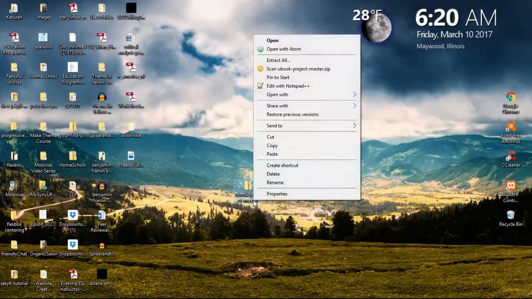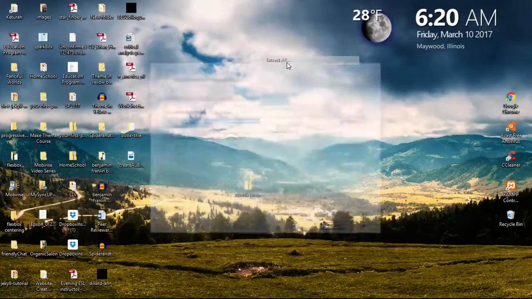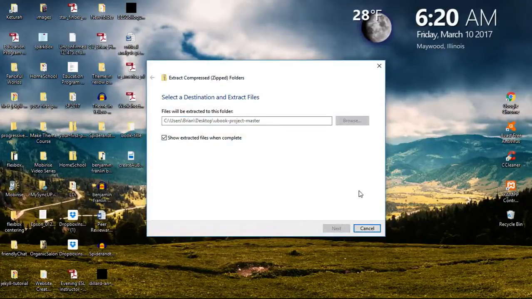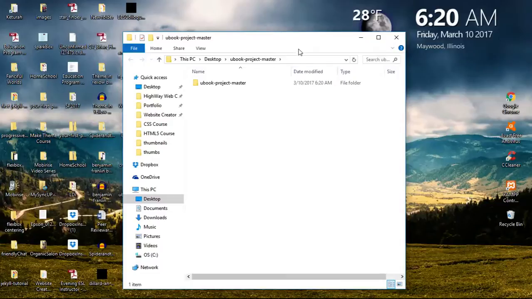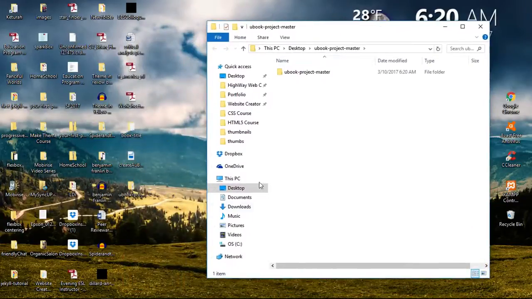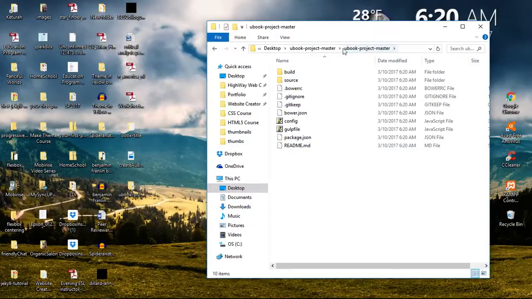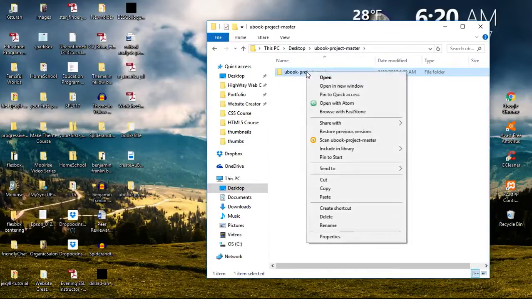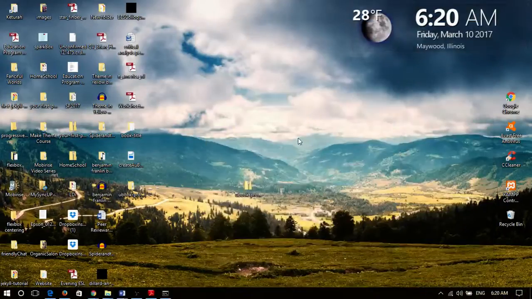It's a zip file, so we need to extract all the files in that zip file. And now we have an outer folder called uBook Project Master, and then inside that is also the uBook Project Master. So what we need to do is just copy this. You can copy it or you can cut it, and then